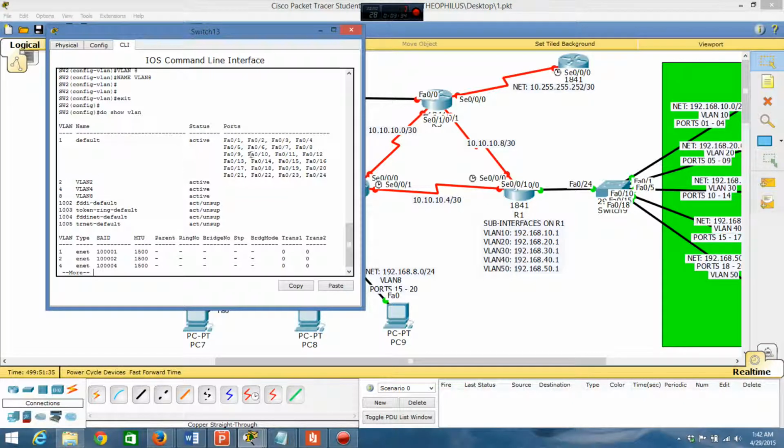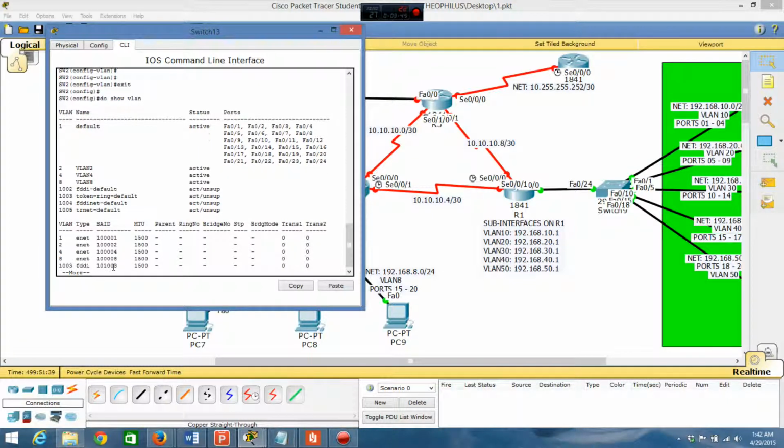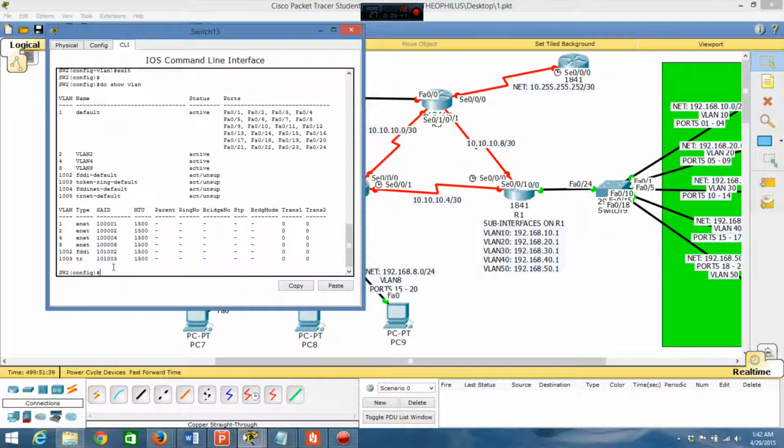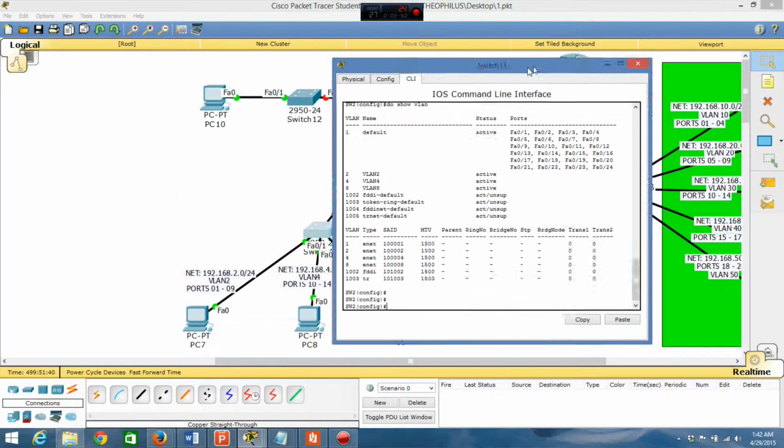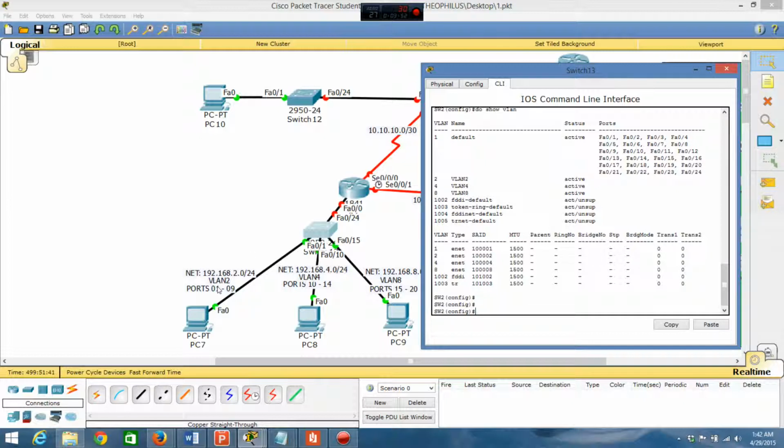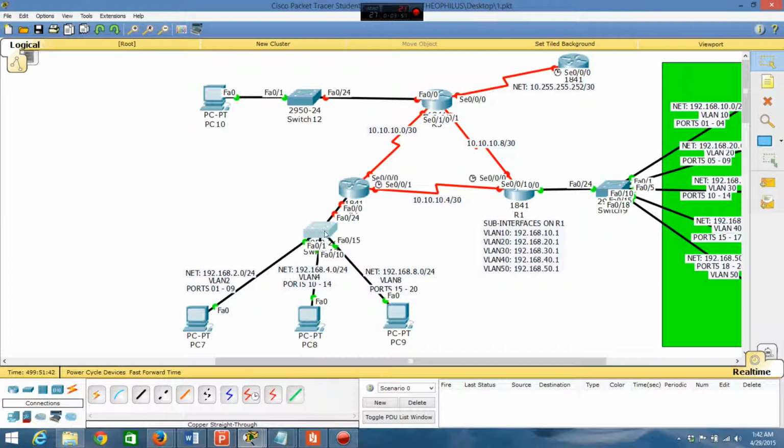Now next, we are going to assign ports to these VLANs that we've created. It's also an easy way to do it. So let's just do that. As you can see here, I've already labeled which VLAN is going to be assigned which ports on the switch. It also makes that easier for you and makes your configuration easy, and also makes your troubleshooting easy down the line. So for VLAN 2, I have switch ports 0 through 9 that I'm going to assign to